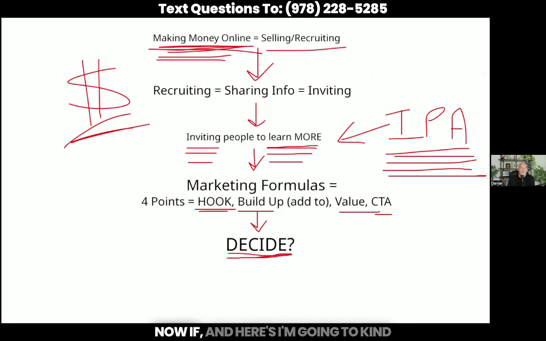Now, I'm going to end this video with the truth. If you are deciding or leaning towards deciding that you don't want to feel salesy, you don't want to invite, you don't want to do the income producing activities because of insert excuse here, when it comes down to deciding this process, either A, you want to do it, or B, you don't.